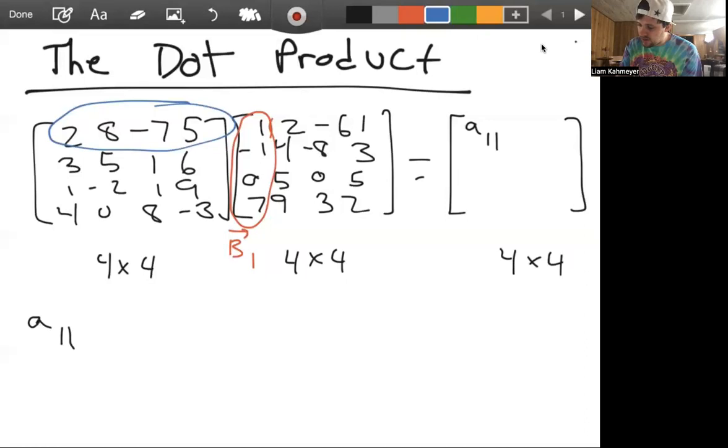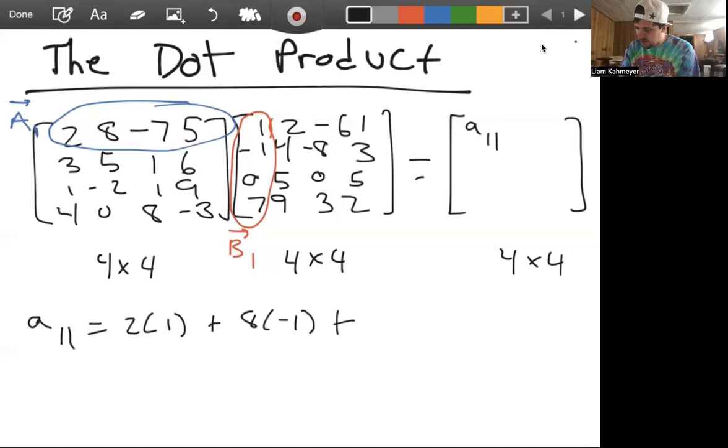If we called this first row of the matrix A, like A sub 1 here, then to get this entry, it was the first component of A1 times the first component of B1. So we had 2 times 1, plus 8 times -1, plus -7 times 0, plus 5 times 7,